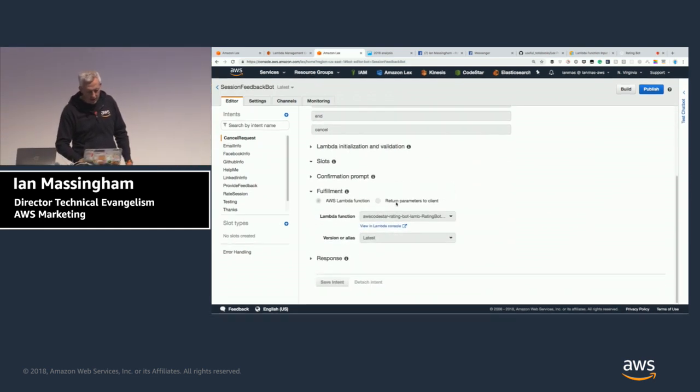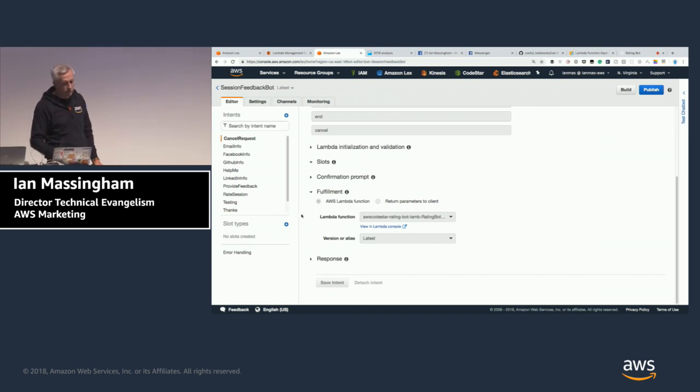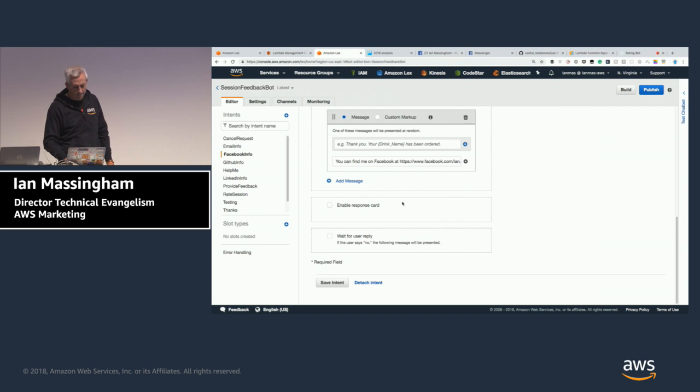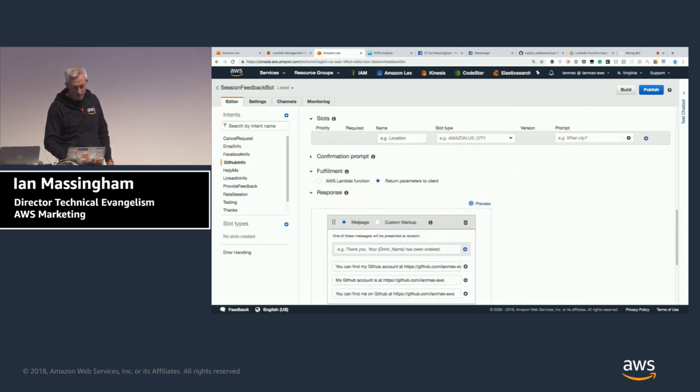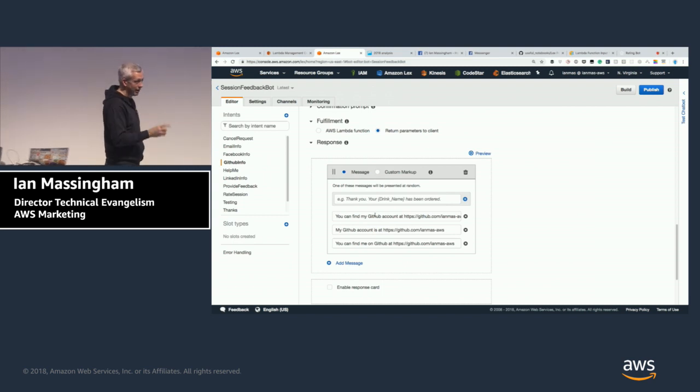And it also, in this case, shows that you can generate responses in your back-end code, as well as generating responses using template responses here. As I showed you in the prior example, you can also programmatically generate responses using your back-end functions. Okay. Here you'll see more examples of responses that are generated directly within the console.